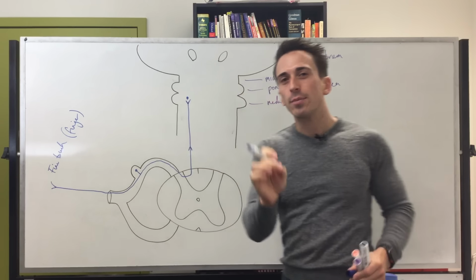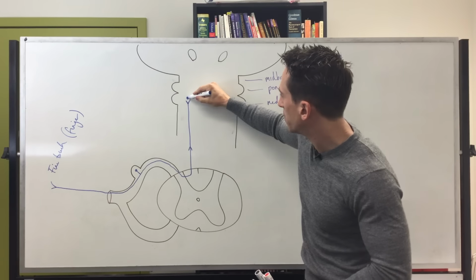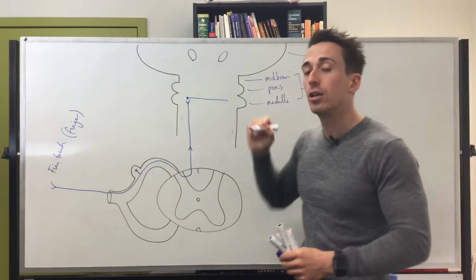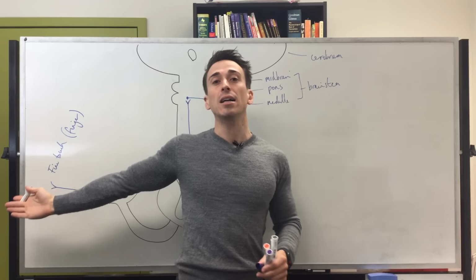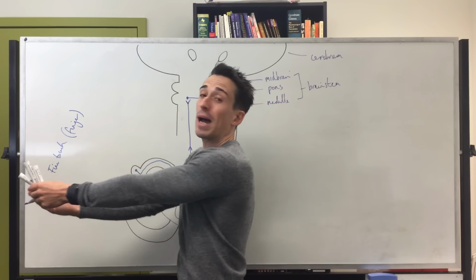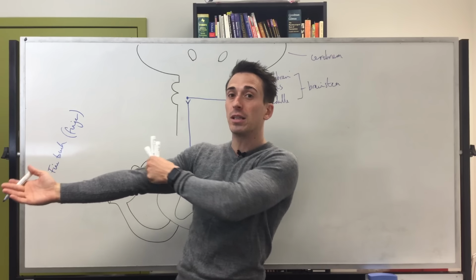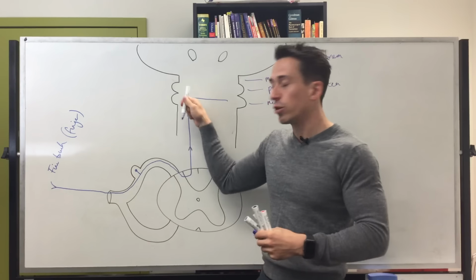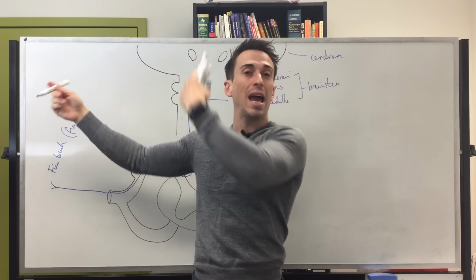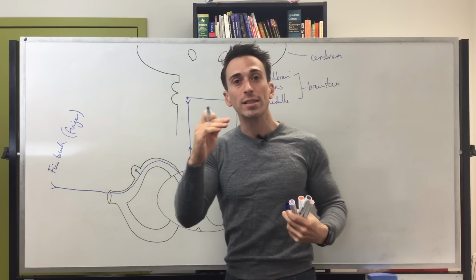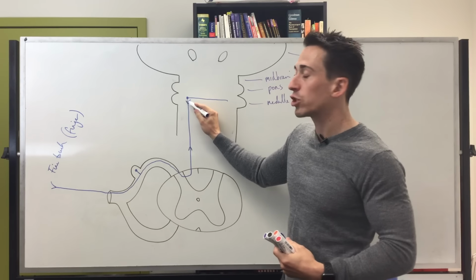Now, here it synapses with a second neuron and it decussates, meaning it crosses over to the other side of the spinal cord. So that means that when you have a simple touch, fine touch, coming into my hand, for example, down my arm, into my spinal cord, it goes up to the brain the same side in which it came in. Okay? And at the medulla, which is the lowest aspect of the brainstem, that's where it synapses with